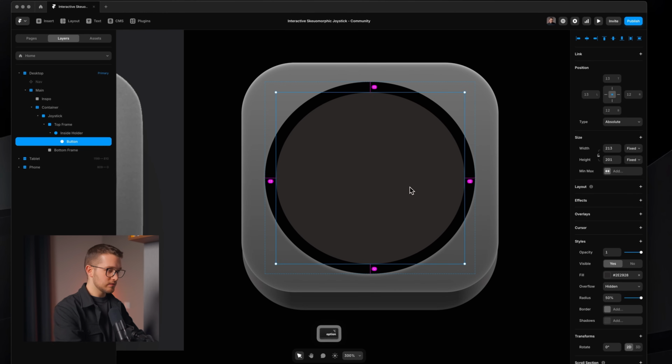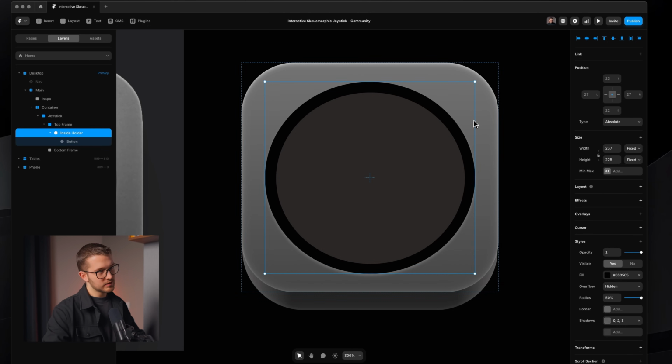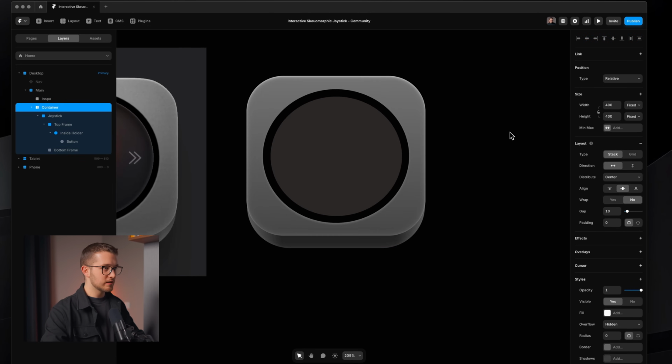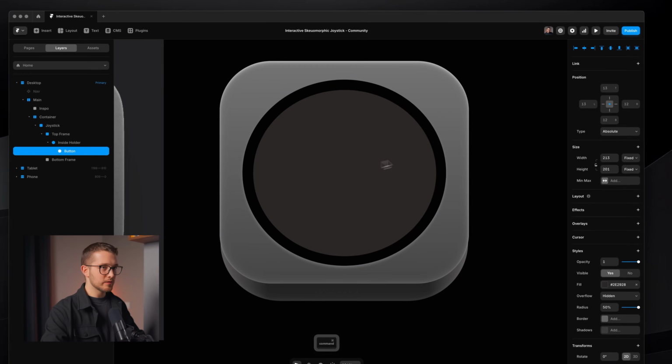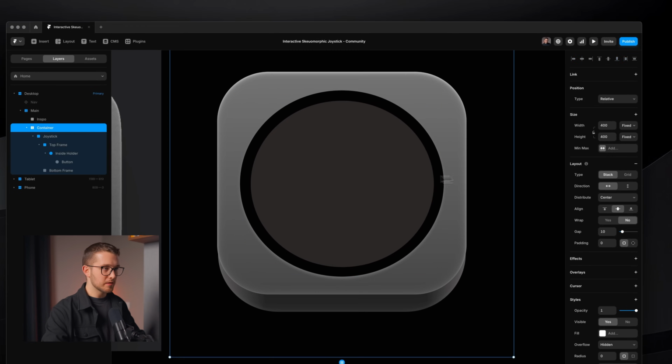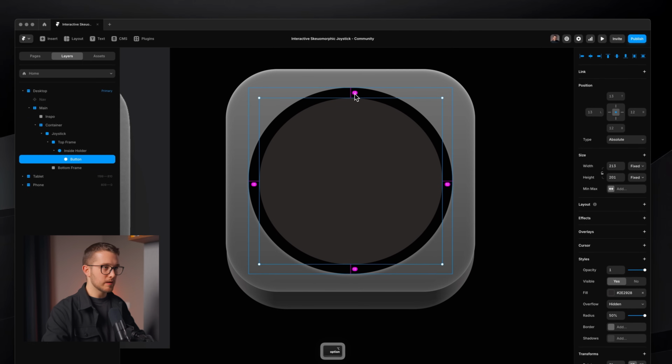Like this, and try centering it again, which I cannot really seem to do. Maybe I'm just hallucinating, but I still feel like around the edges there's just 1 pixel difference. So here on top we have 13, on the right we have 12. But I still feel like it's just a little bit too big of a difference. So I'm just trying to look if there's a way of making this